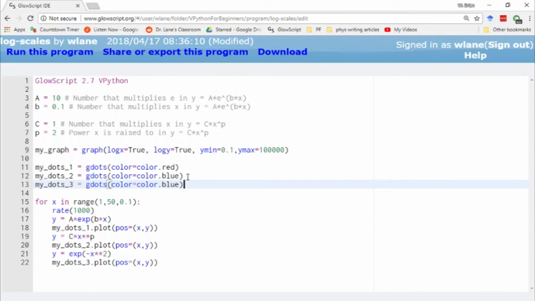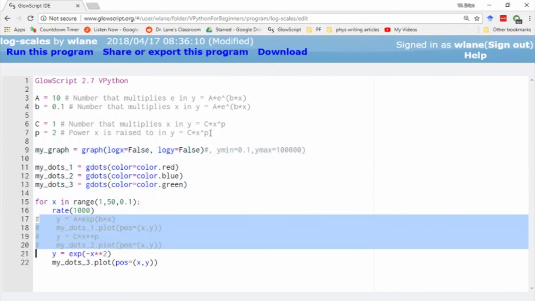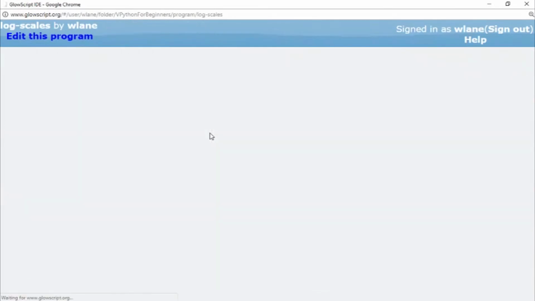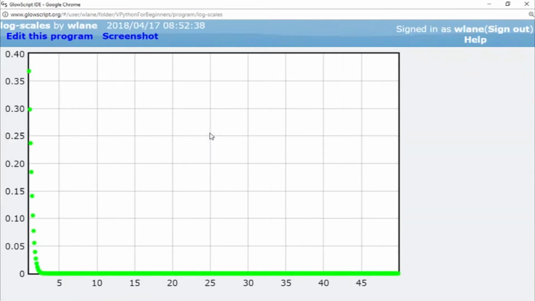We'll graph it on linear scale first. Let's make it green. Let's make these both linear for right now, so let's set this false. Let's set this to be false. Oh, right. I need to adjust my scales there. There we go. And let's also comment out these two just so we can view just this function. Control 2 to run. So you notice that this thing, it flattens out pretty quickly and then it goes up